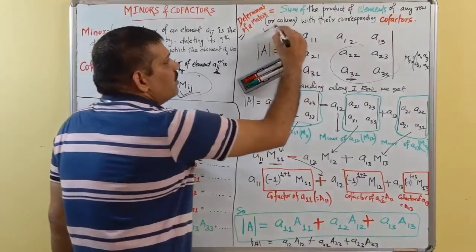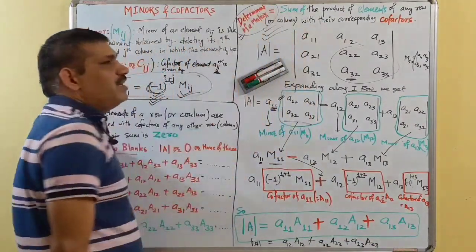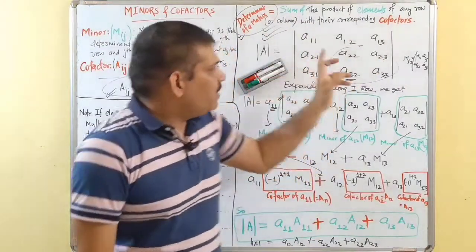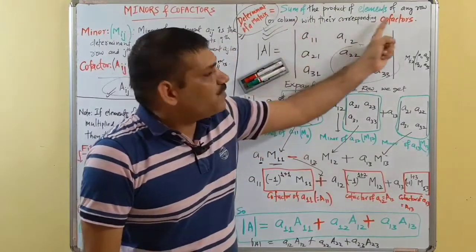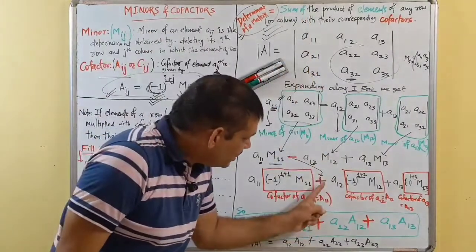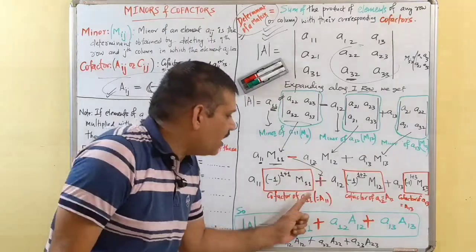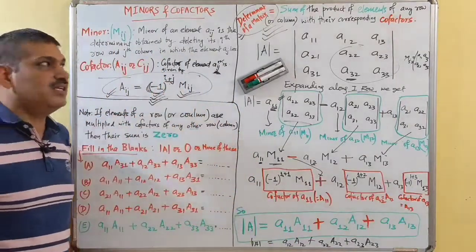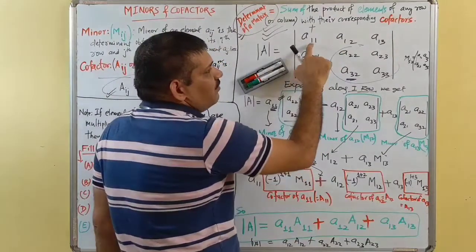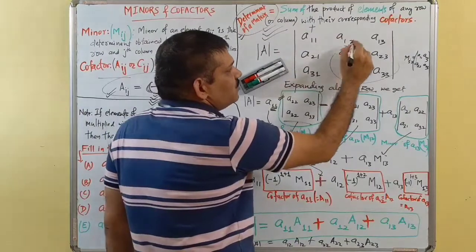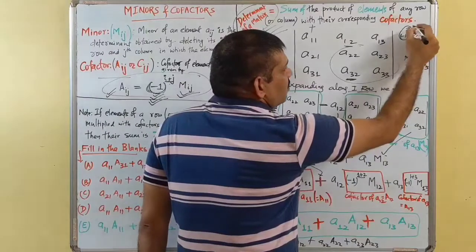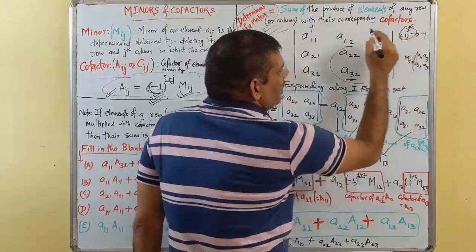Now we try to understand this definition. How is the determinant of a matrix obtained? Simply the sum of the products of elements of any row, we have chosen the first row, with their corresponding cofactors. A11 is multiplied by capital A11 plus the rest. Now this negative sign is automatically adjusted with minus 1 raised to i plus j. That's why in the very first exercise we learned that for 1 plus 1, i plus j is positive. For 1 plus 2, that is 3, minus 1 raised to 3 is negative because it is an odd number.